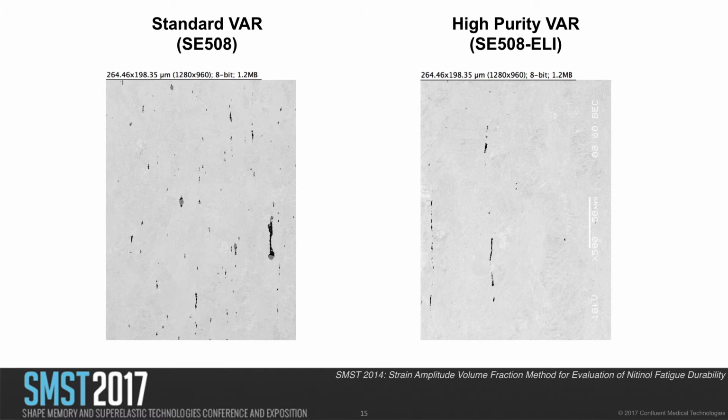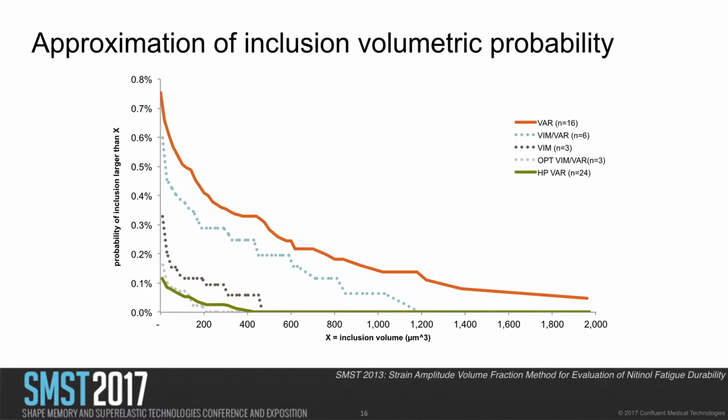Generally, this is good information, but it doesn't really give us what we need because this is two-dimensional information. We're looking at slices here, and we're not getting a three-dimensional picture. So you can make some assumptions and make some guesses about how to translate that two-dimensional information into volumetric information, and this is something that we talked about a few years ago at SMST, and created a graph that was shown in 2013